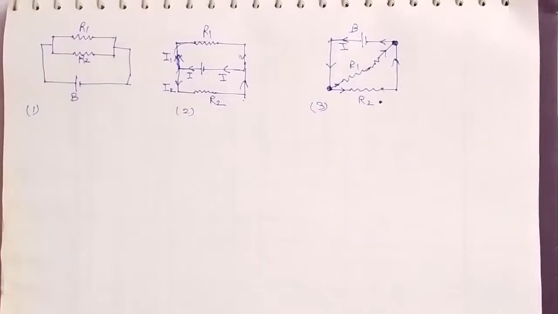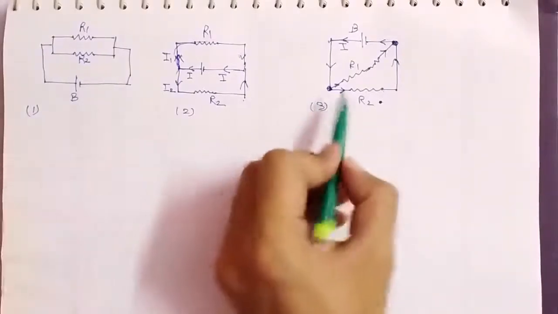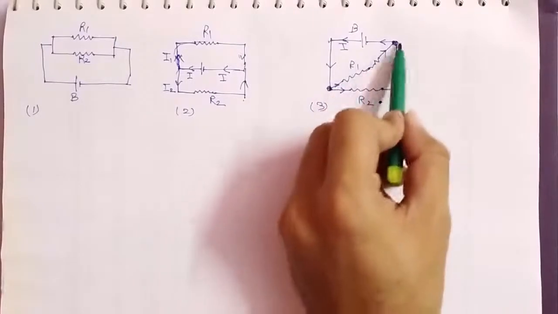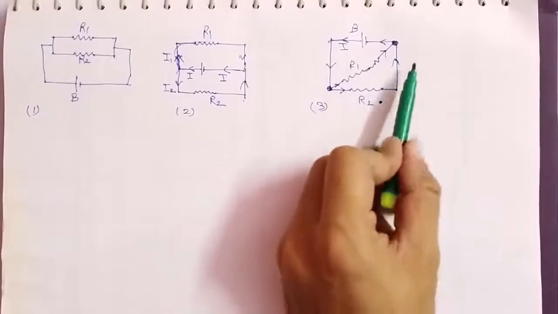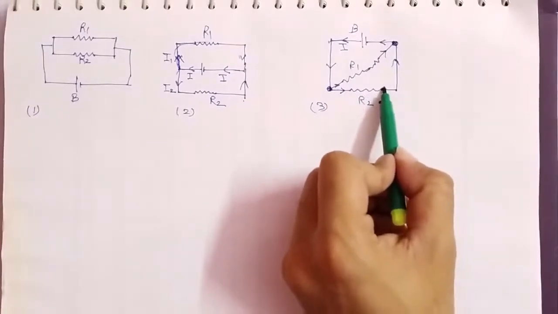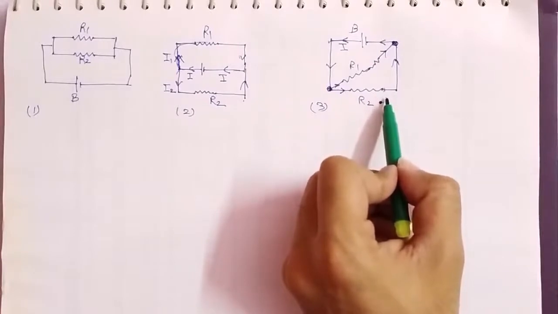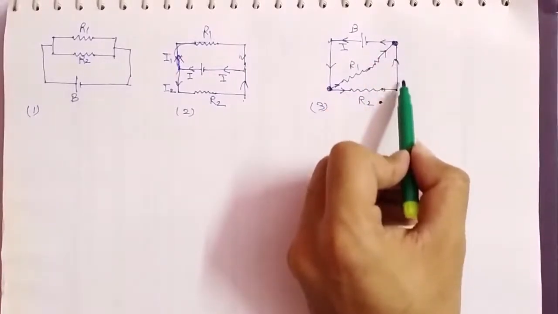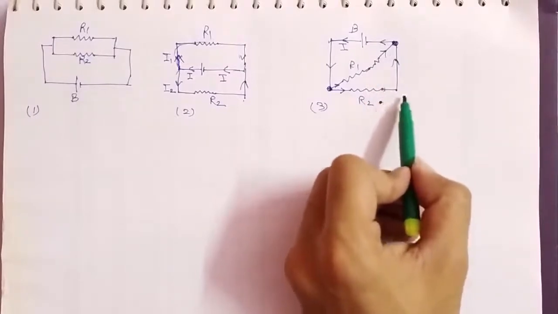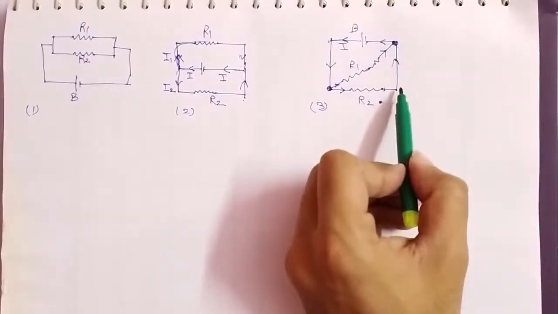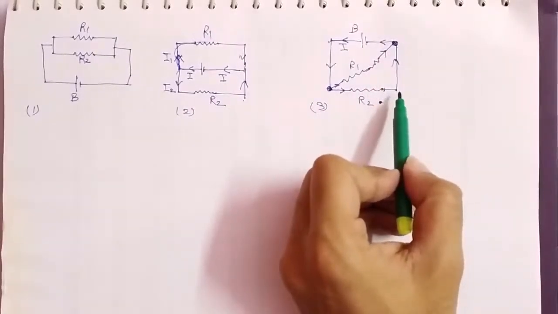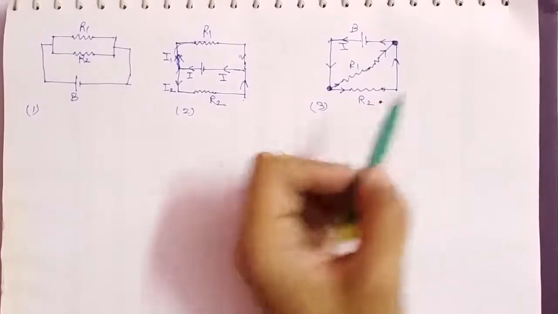Now a question comes: why are we seeing this configuration? I want to show you one thing. If there are two junctions, mind the words, and we have a resistance like R2 here, and between the end connection of the resistance and the junction there is a simple wire, that is, without resistance, then we can short this length of wire according to our need, or we can also extend this wire according to our need.